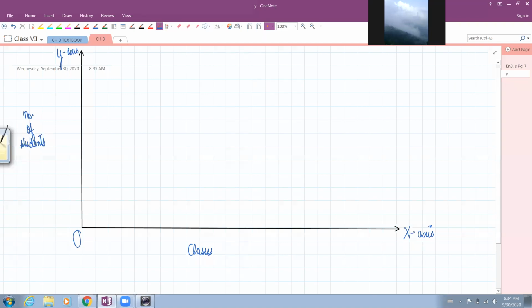So make sure you have enough space. You want to go up to 140. So I'm just going to count once. So this will be 10, 20, 30, 40, 50, 60, 70, 80, 90, 100, 110, 120. I need more space. So I'm just going to move these.